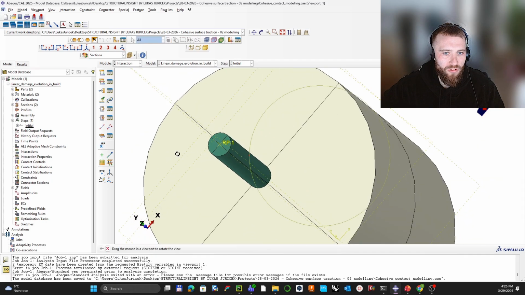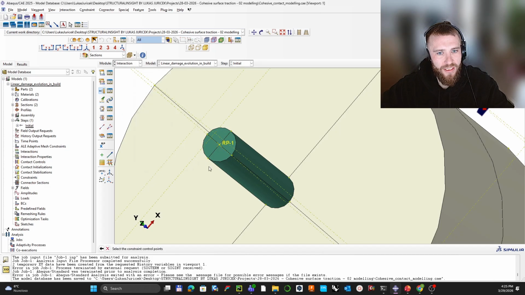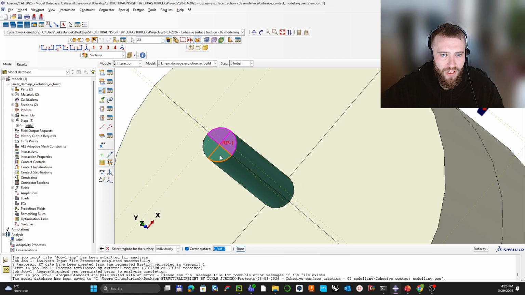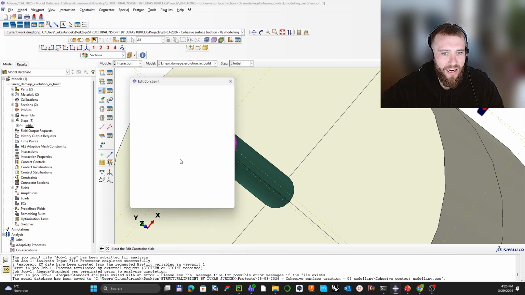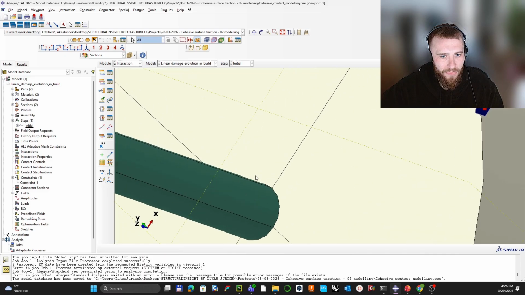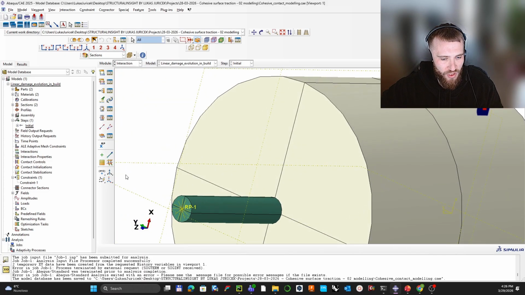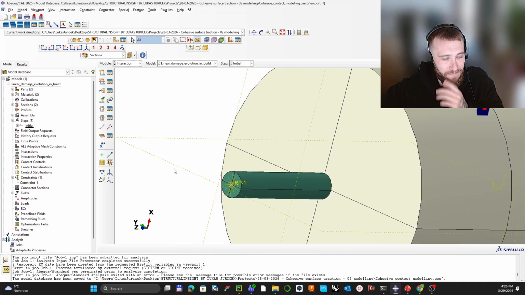So actually to this reference point, I will just create a coupling that will bind together this reference point with the surface. I will name it RP. So I will select it and also select the surface. The surface will be basically here, and the coupling will be the kinematic. Once the coupling has been assigned, the kinematic equations have been assigned, and